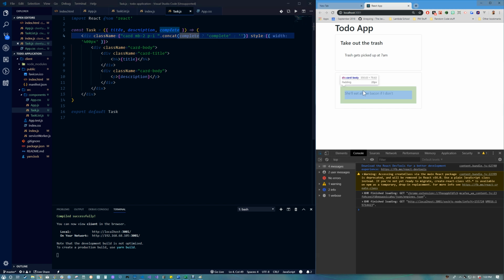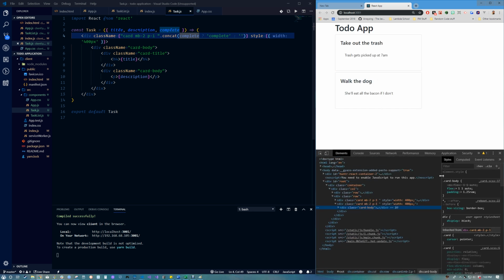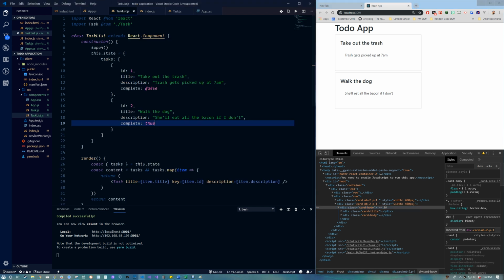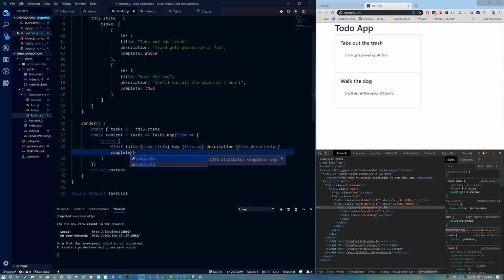However, if we look at the actual class over here, it's not really passing it into there yet, and that's because we haven't actually passed this complete property into the task list. So we have title, key, and description, but we don't have complete. So we want to add complete equals item.complete,